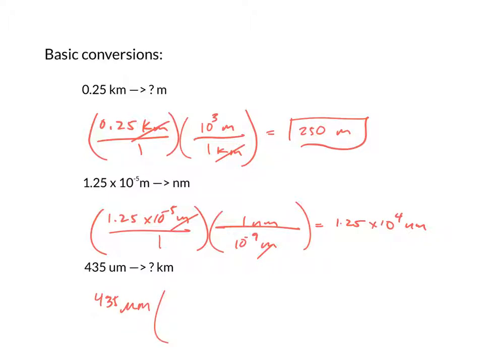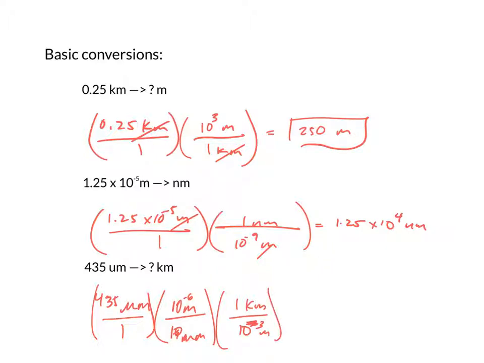Rather than trying to do this in one conversion factor, I'm going to do it in two, because that way I don't have to calculate how many micrometers are in a kilometer and potentially make a mistake. So I'm going to go to meters first. So 10 to the minus 6th meters is 1 micrometer, right, and then 1 kilometer is 10 to the